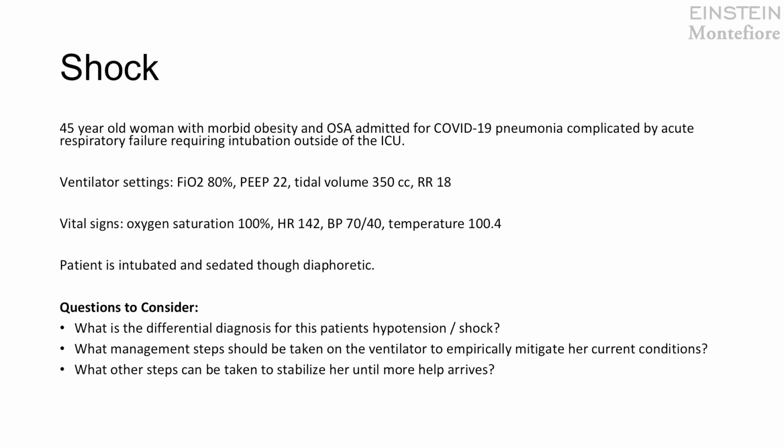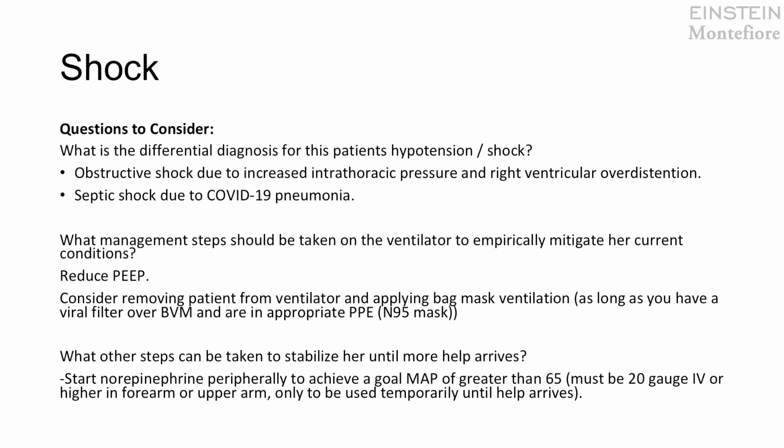She seems to have a low-grade fever. She's intubated and sedated, and she's also diaphoretic. So what could be the differential diagnosis for this patient's hypotension and shock? So the first thing we want to think about in a patient with very high PEEP is that PEEP causes increased intrathoracic pressure, thus decreasing venous return, additionally compressing the pulmonary vasculature, and subsequently possibly putting a lot of pressure